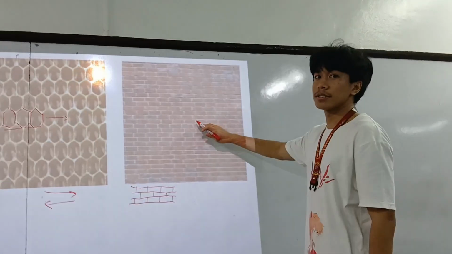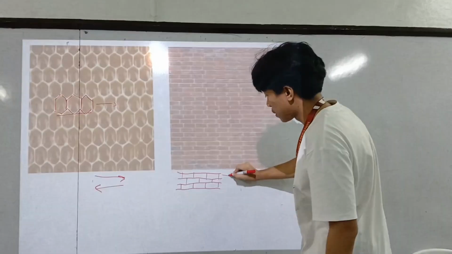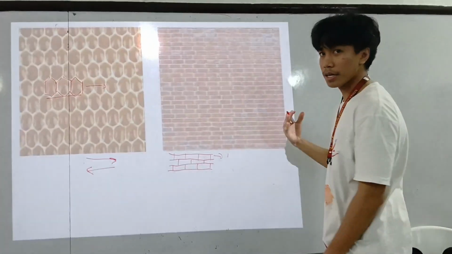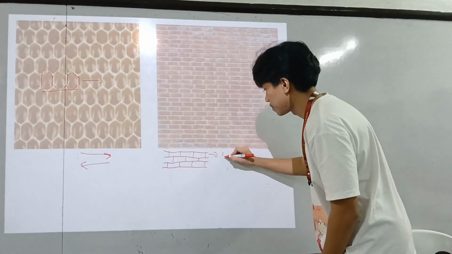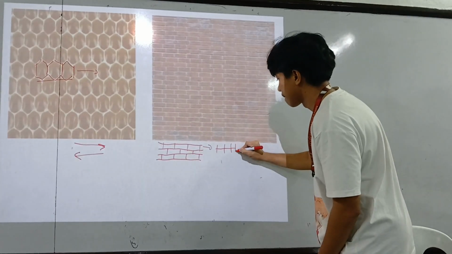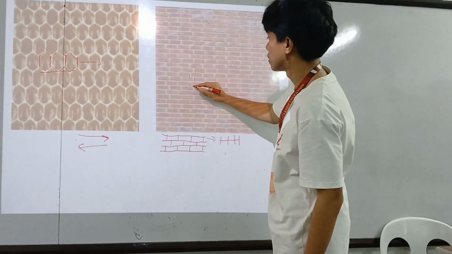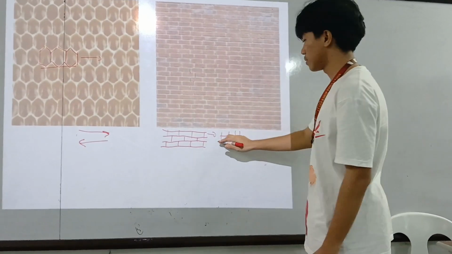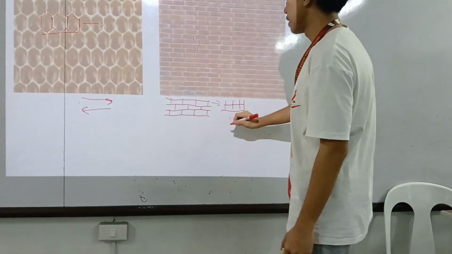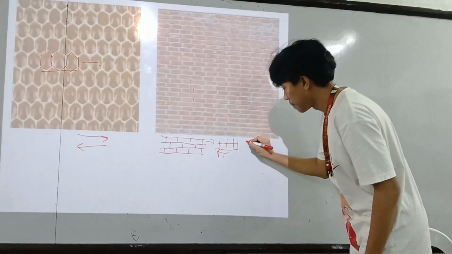So for our bricks, we have this kind of pattern that even if it moves to the right, it will still look the same. If we move it to the right, what happens is they align together. From a pattern like this, it moves into a similar pattern together. So that's the part about bricks. Then if the other side comes here, it will still look the same. They are the same.